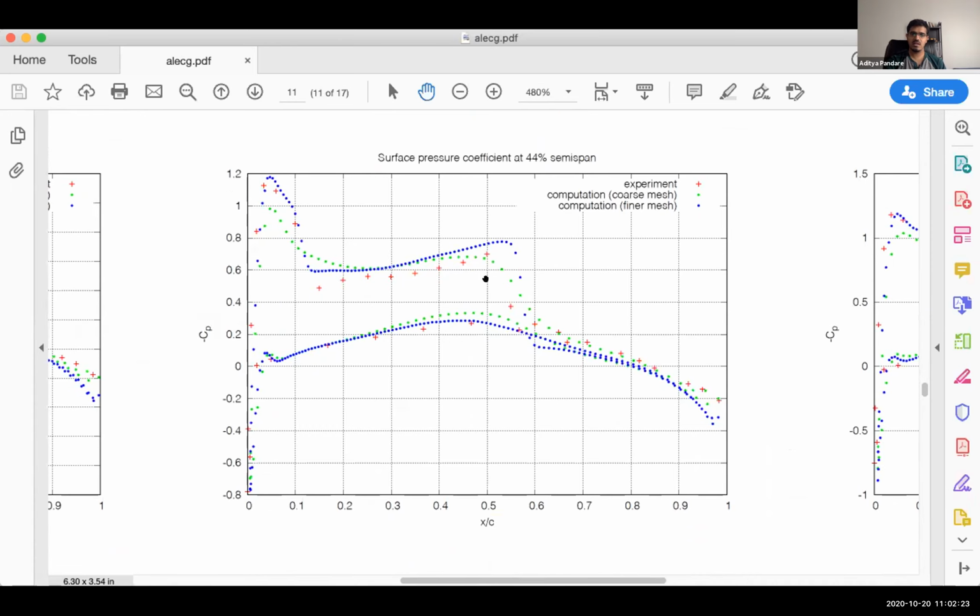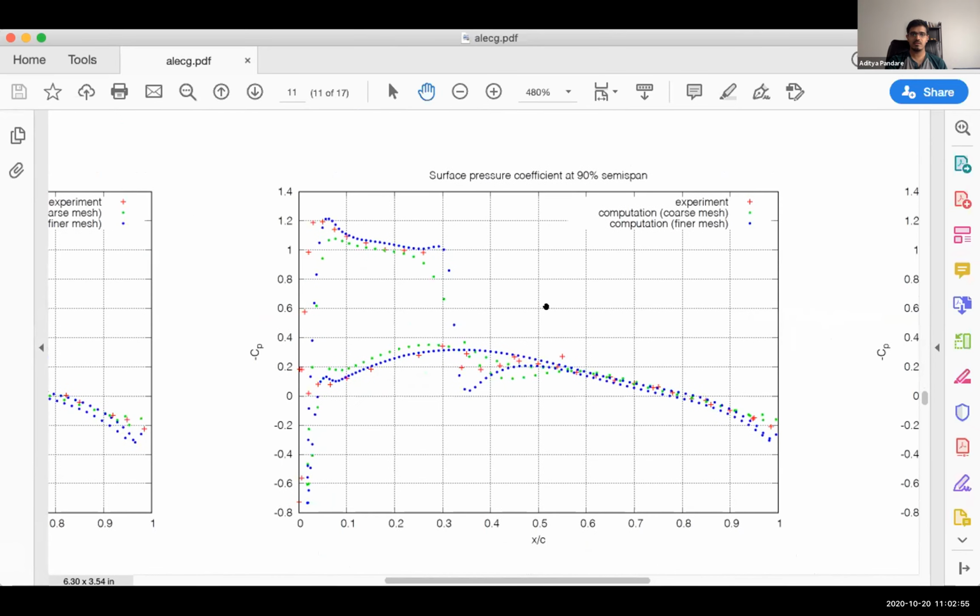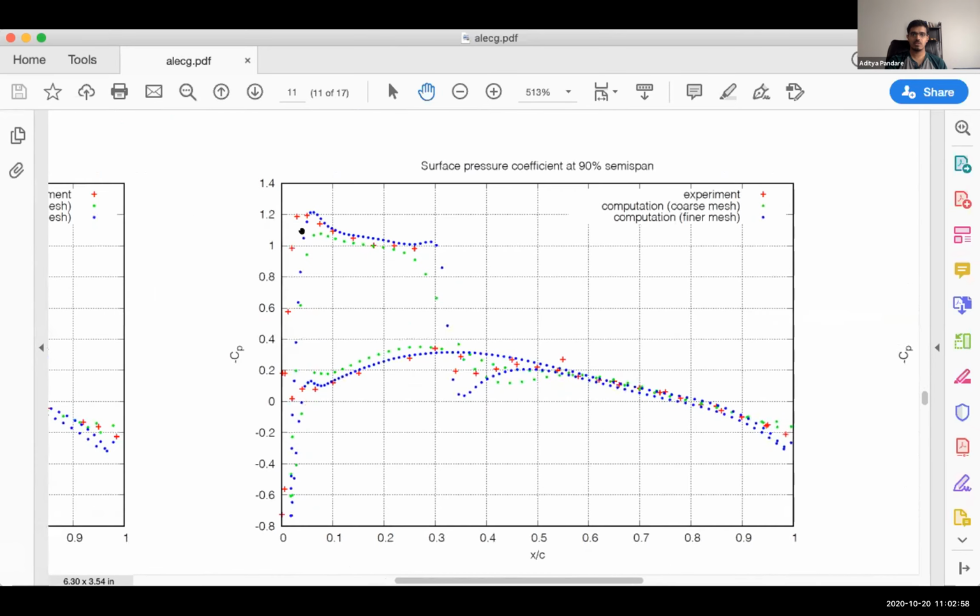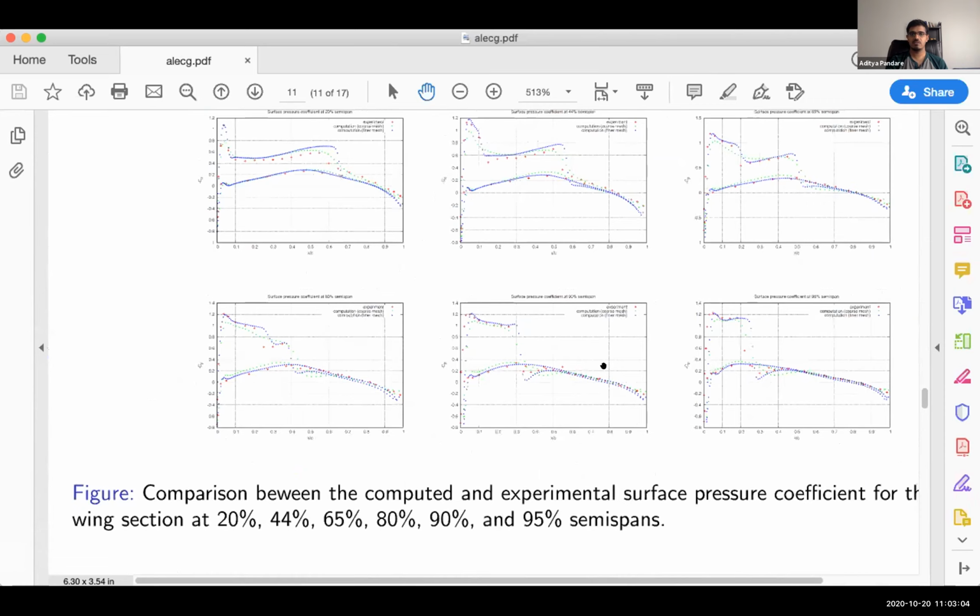crosses. So you can see how pretty much everywhere the simulation is matching with the experiments well, but near the shock location it is kind of off, and that could be due to a couple of reasons. We don't include viscosity in these computations, because of which the shock is smeared. As you can see, the shock is not a sharp vertical line, and that can happen because in viscous flows the shock is obviously smeared. But regardless of that, we get good agreement with the experiments at all span-wise locations. This is another location at 90% of the span, and we basically want to see that we are getting good